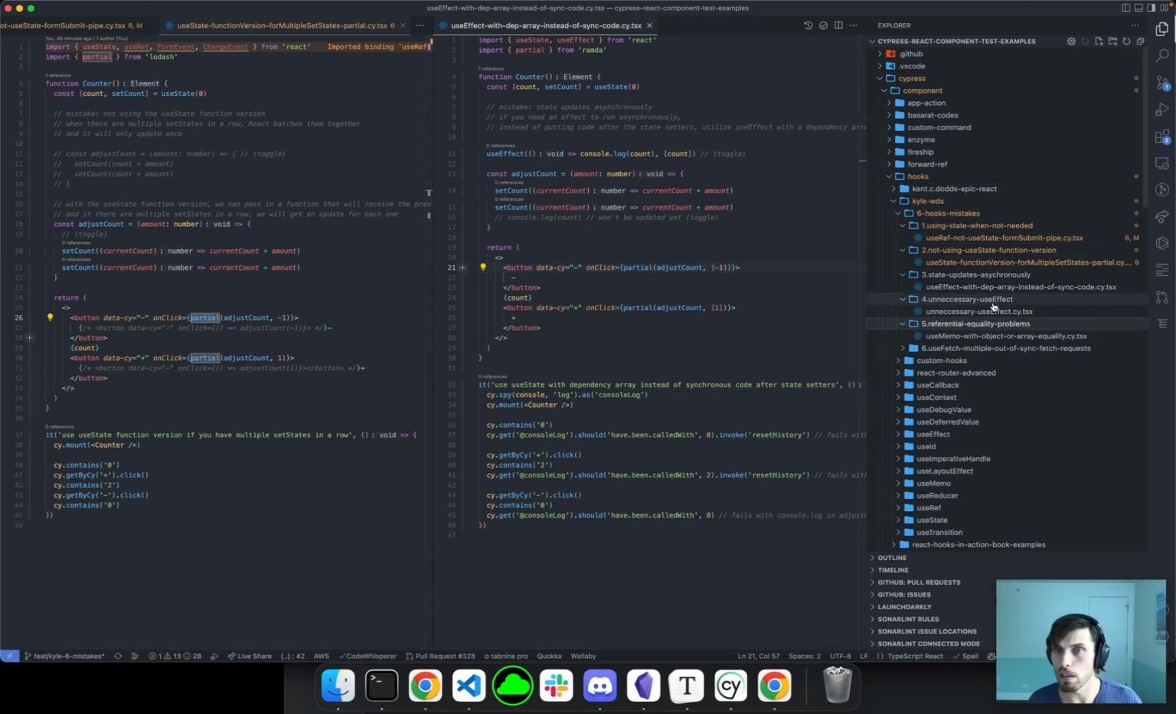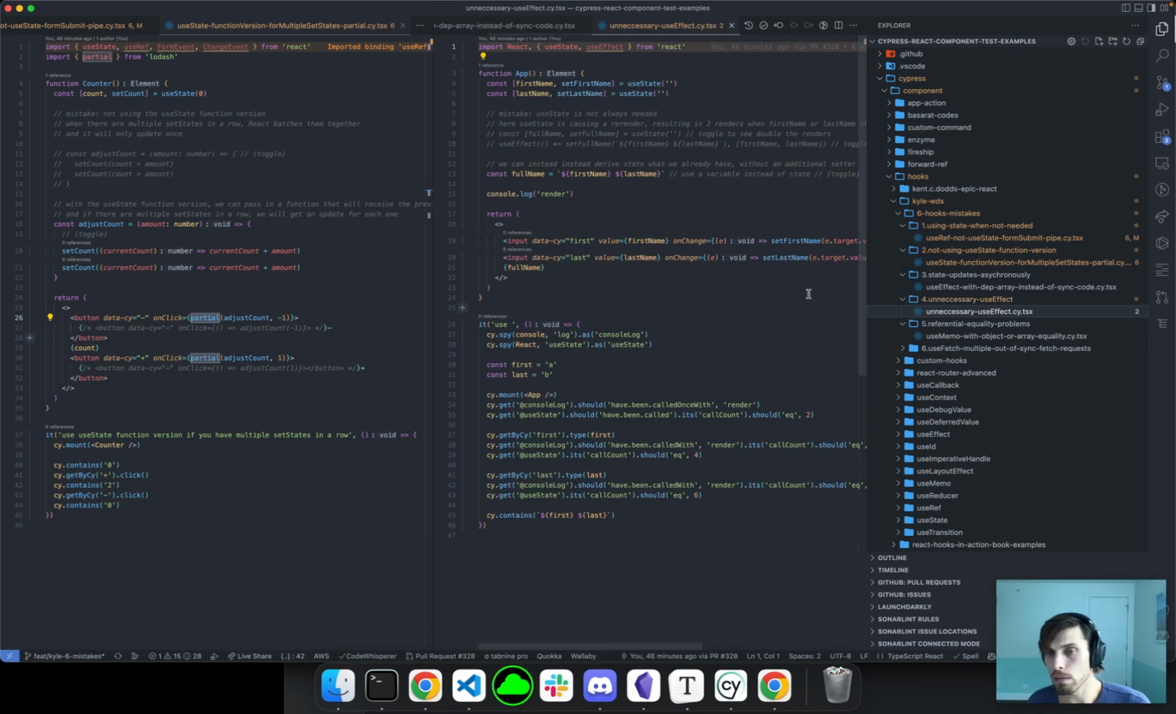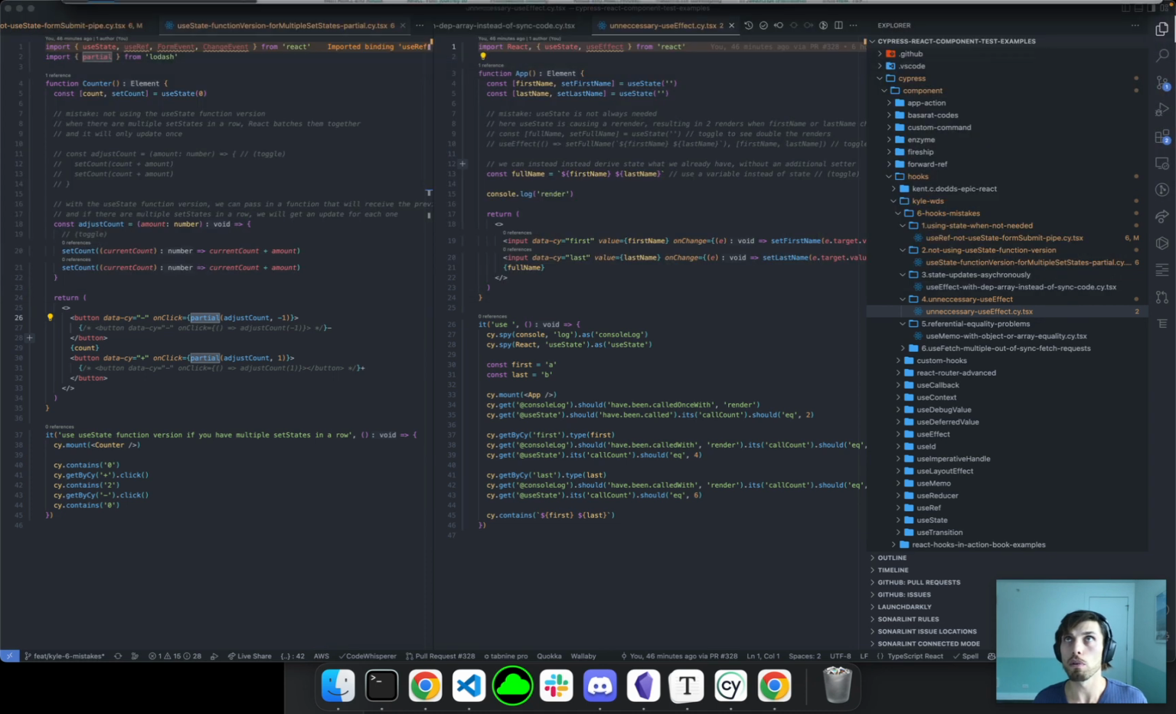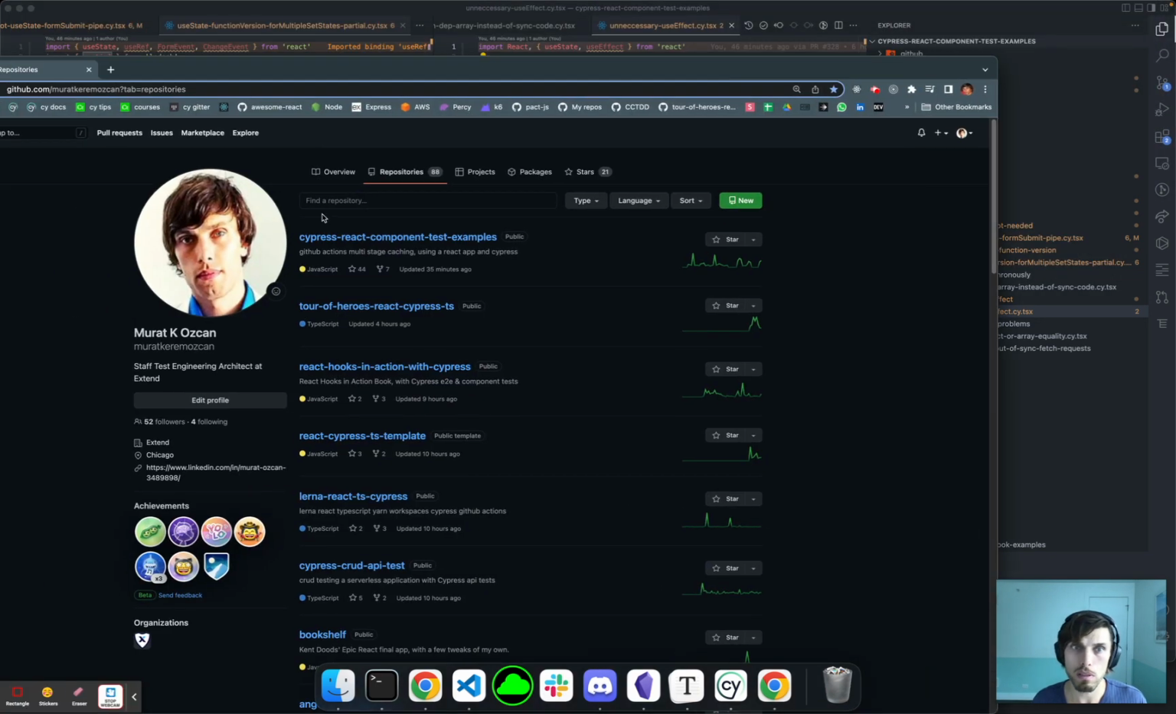But check these out. I learned a lot from the anti-patterns, right? And in each example, you'll be able to uncomment or toggle the anti-pattern, get a failing test, and after that, you'll be able to do the right thing and then get a passing test. The PR should be up soon. It's at the Cypress component test repository. So if you go here,